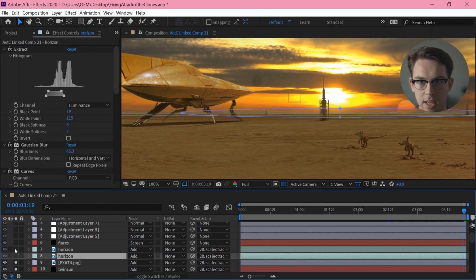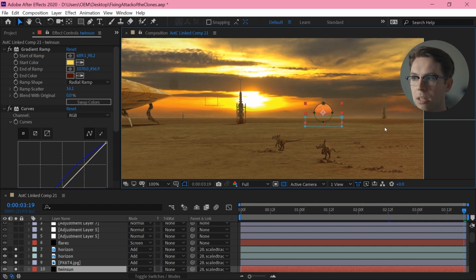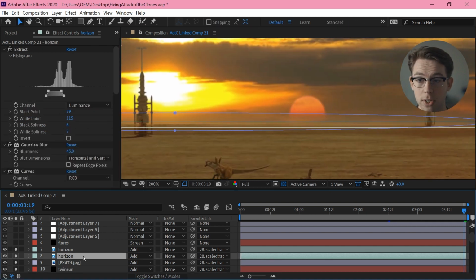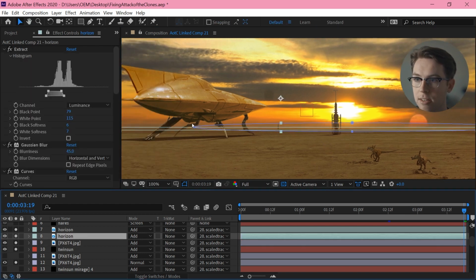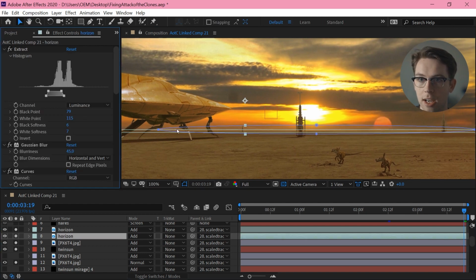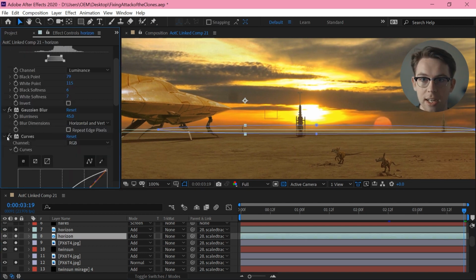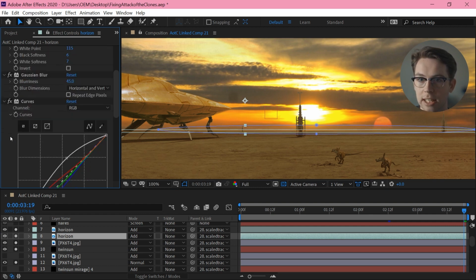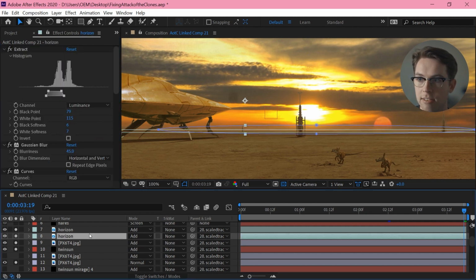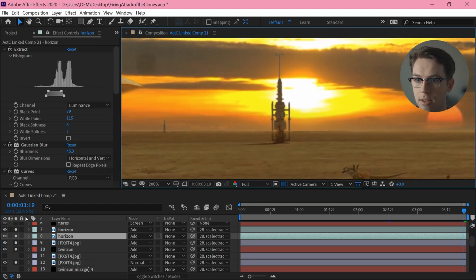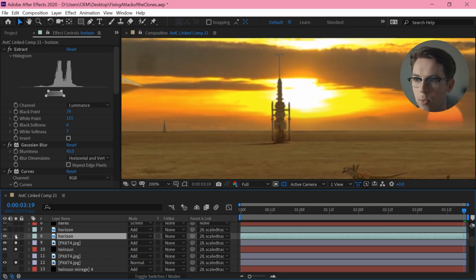So I'm just taking a couple copies of the original footage, the base footage, doing a mask around the horizon line, and another mask to make it fade as it gets away from the center, stacking on an extraction, so I'm just extracting that line, blurring it out significantly, and then really, really brightening it up with curves and saturation, and setting that all to add. So you can see we get this glowing, dusty line.